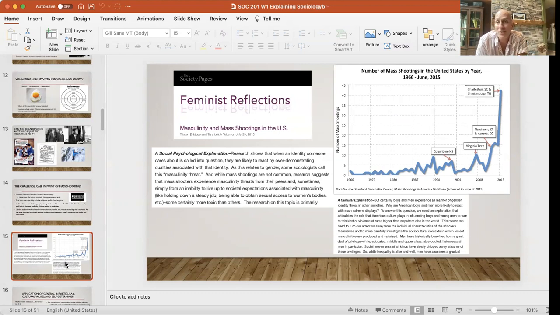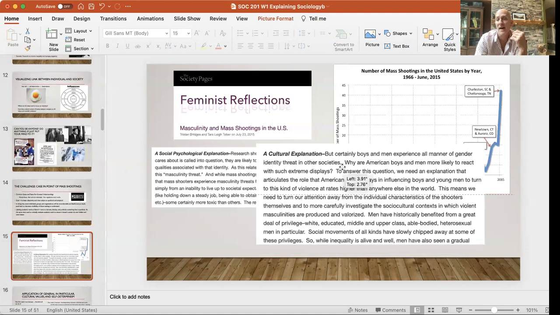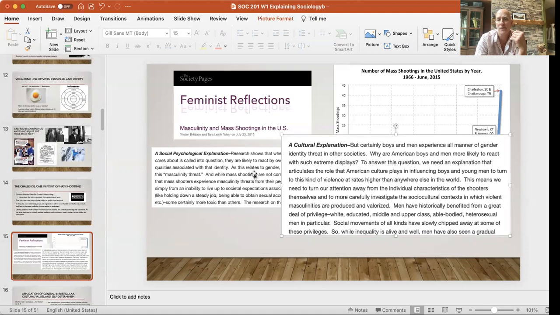I think to understand mass shootings, we have to understand gender socialization as an important part, right? Mass shootings are a gendered experience. Males are primarily the mass shooters. So what's going on in terms of gender socialization in society that's shaping that? That is an important part if you're trying to understand some of the factors that are shaping mass shootings.